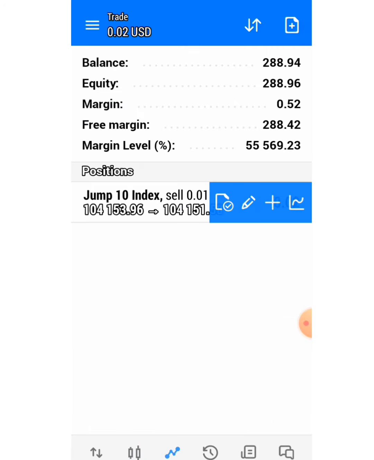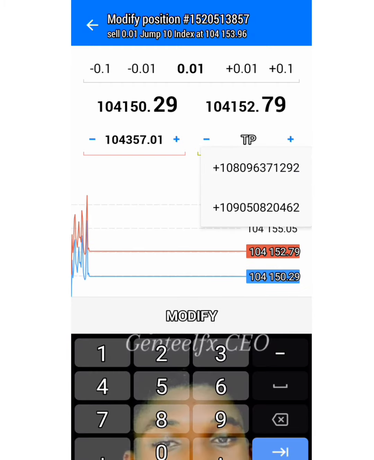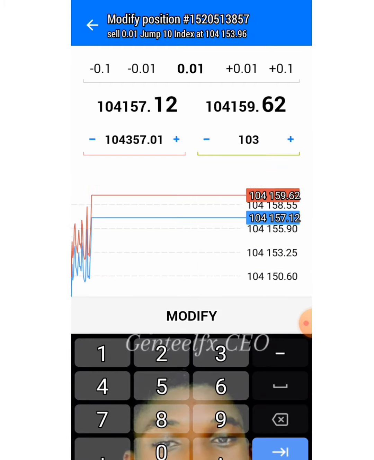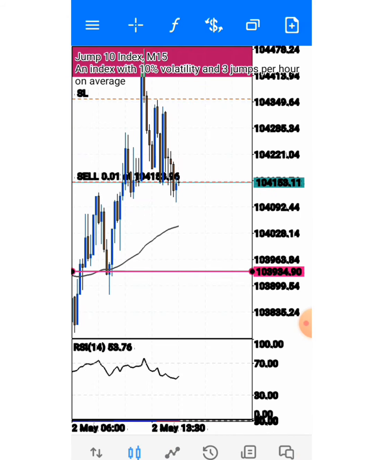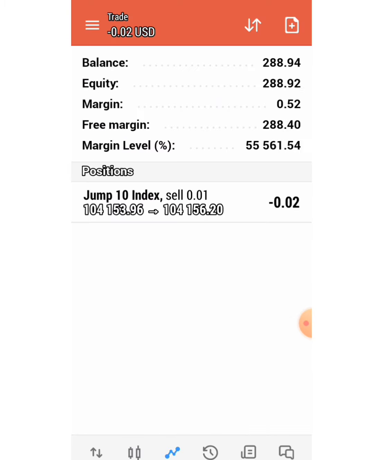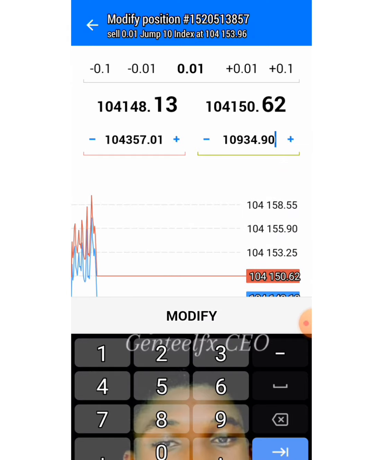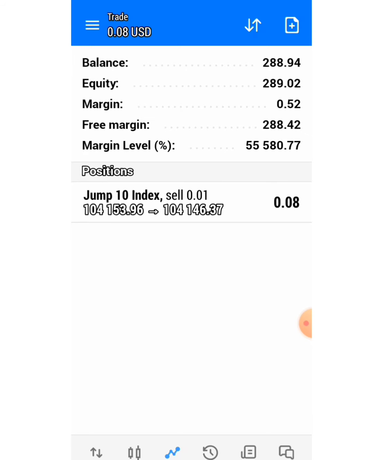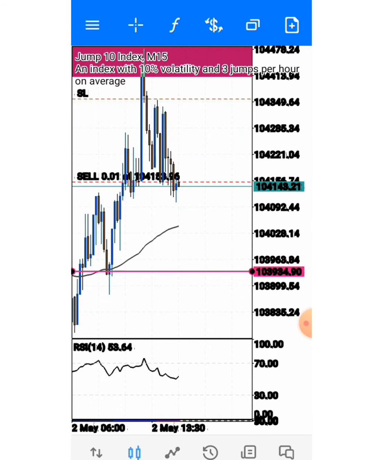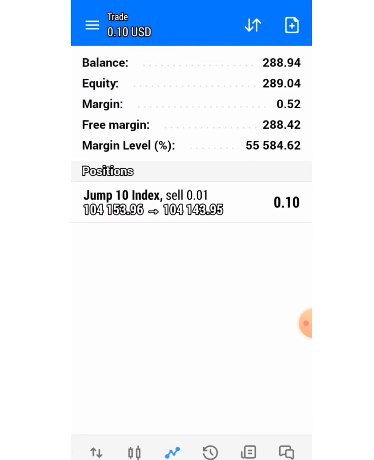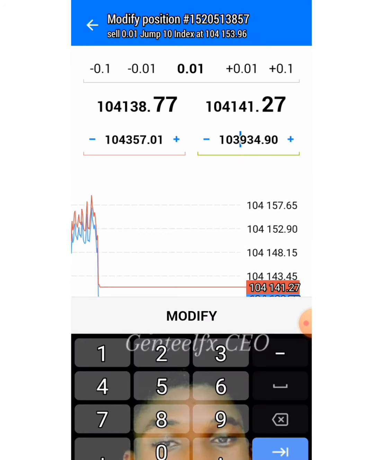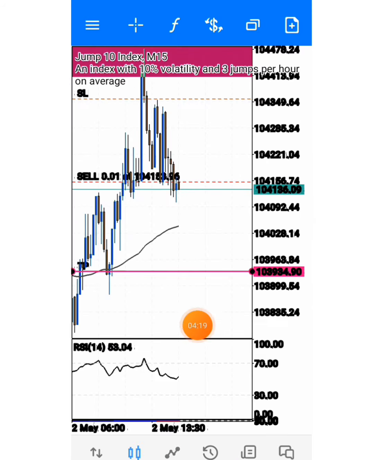Then you go back to the running trade, click on that pencil icon again. Then you insert the digit 103,934.90. Then you click modify, successfully modified. Oh, I missed one digit there: 103,934.1. So as you can see, guys,